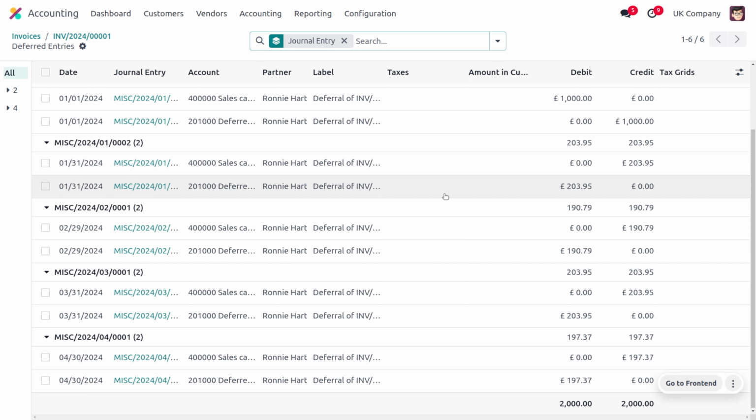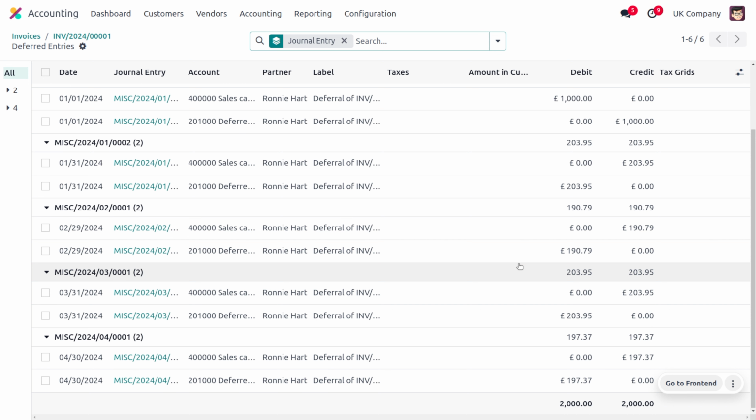So 6.578943 into 31 would give a result of 203.94, or you can just round it up and say it as 203.95. And in the month of February, you can see it is only 190.79. This is because it has only 29 days, and 29 into the amount for 1 day would give a result of 190.79.